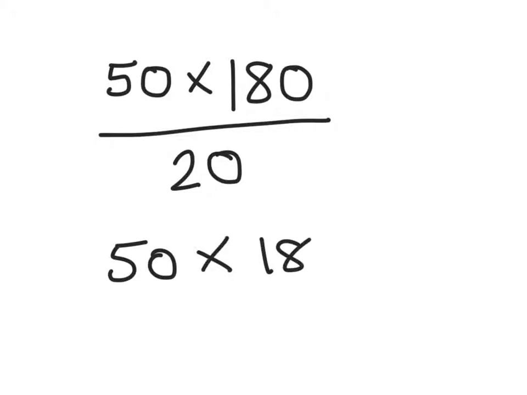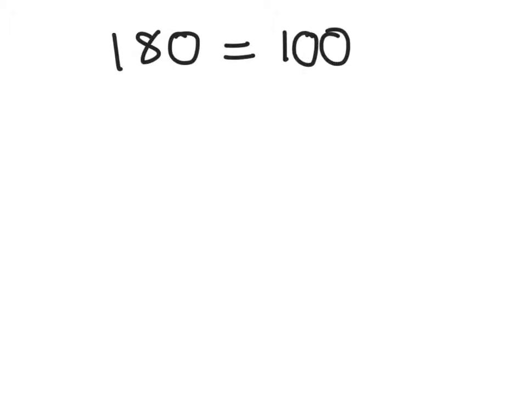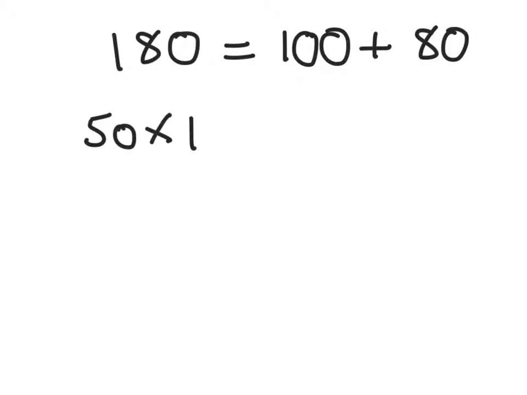So let's have a look at how we might want to go about that without using a calculator. We can use a technique called partitioning to solve this. If we take our 180, we can partition that into hundreds, there's 100, and our tens, we have 8 tens and 0 units. And we can multiply each of these numbers by 50, which actually makes it a little bit easier. So 50 times 100 gives us 5,000,